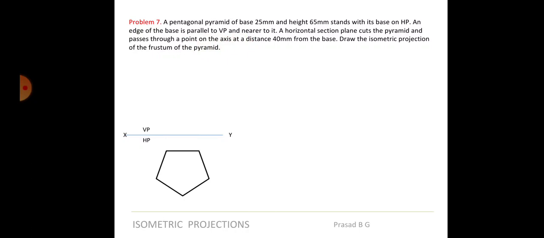Nothing much would change if you keep it on the downside also, isn't it? But as per the question, they just want to test whether you know what each and every line means. So one of the edges being parallel, you can keep one of the edges parallel. Keeping it nearer to it means that it should be closer to the XY line. And if it is not kept so, it will be far from it, isn't it? So that is what the meaning is. So as per the question, this should be the exact position of your pentagon.